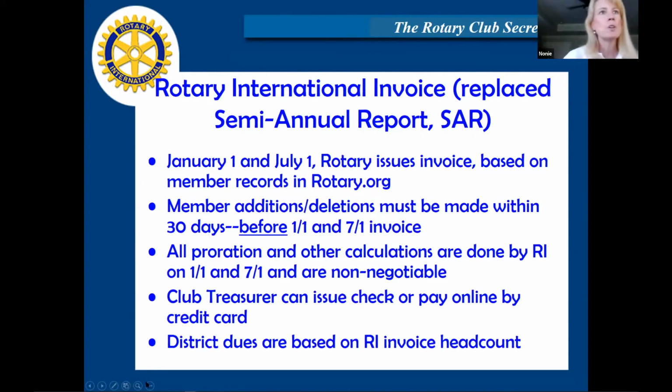So whatever Rotary International has, that's what the district is going to use. So if you still, once again, have those 3 people that left and you didn't take care of that, well, you're going to still pay for them with the district as well. Isn't that right, Patty? Oh, yes, yes.